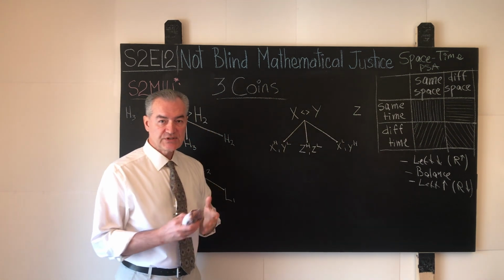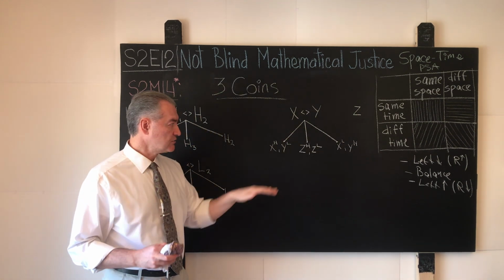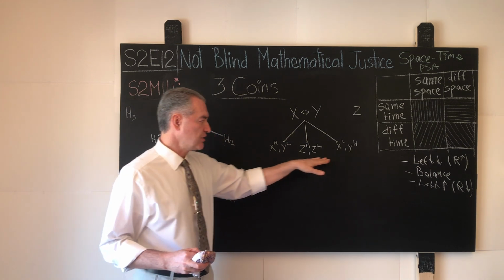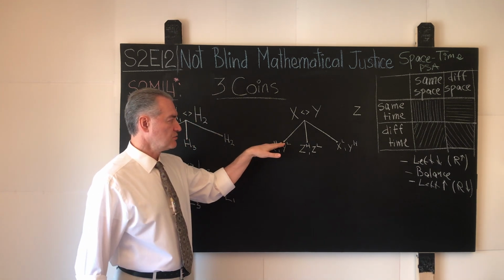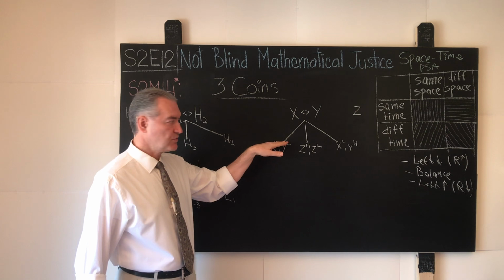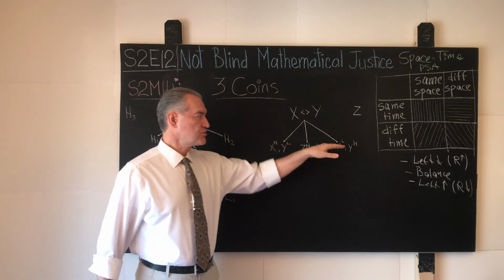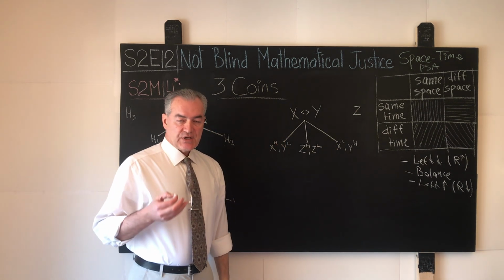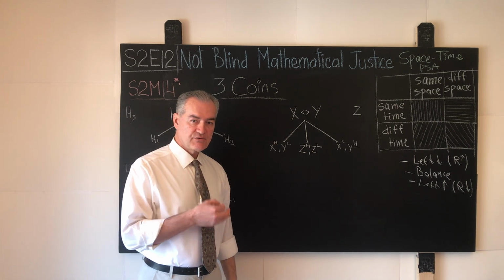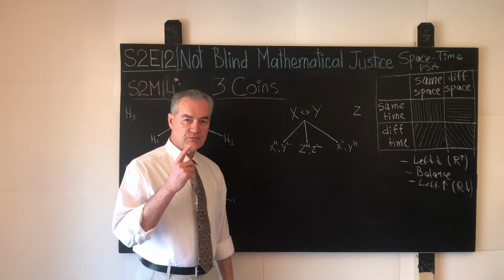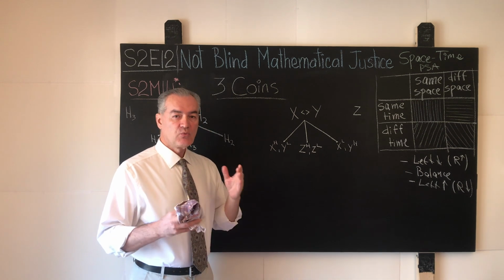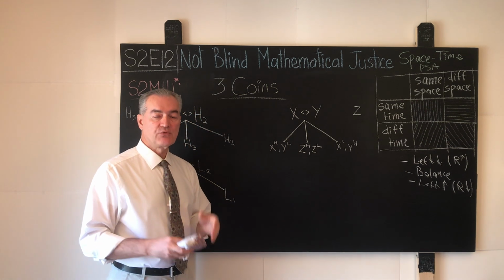3 times 2 is 6, 6 possible outcomes, and all these outcomes are captured over here at the bottom with the nodes that are at the moment leaf nodes in this ternary tree. And the question is, can this general 3-coin problem be solved in precisely one way? We know that the answer to this question is a resounding no.